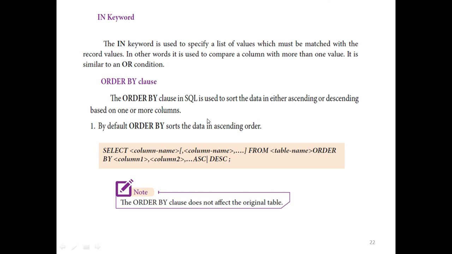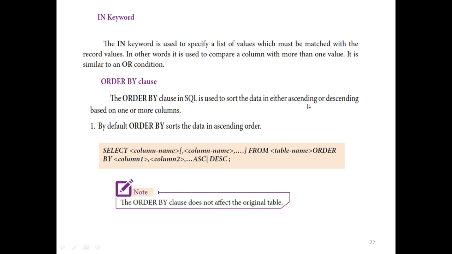ORDER BY, very simple. ORDER BY means, if you take attendance in your class, you say the attendance one by one properly in ascending order. The ORDER BY clause in SQL is used to sort the data in either ascending or descending order based on one or more columns. Ascending means very simple. When our class teacher takes attendance, you give the attendance one by one in ascending order.